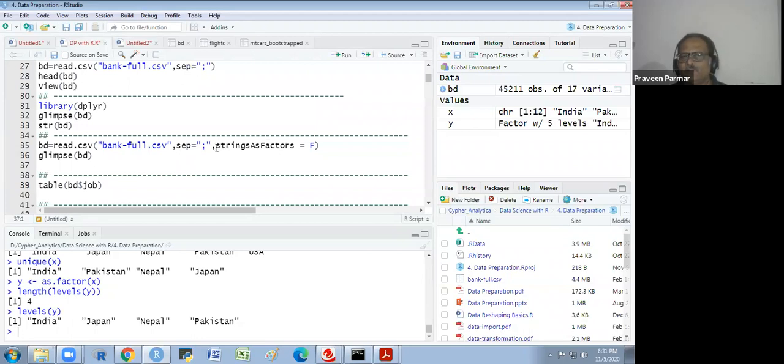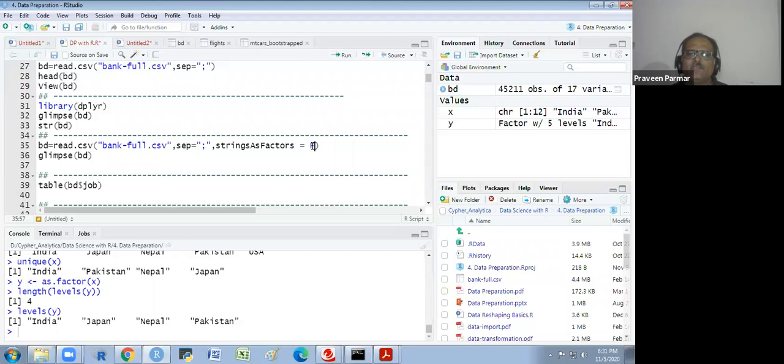Previously, when we read any file, it came in the form of factor. So we had to add the attribute stringsAsFactors equals false, because by default it comes in factor form. So we make it false, and we get it in the form of character instead of factor.